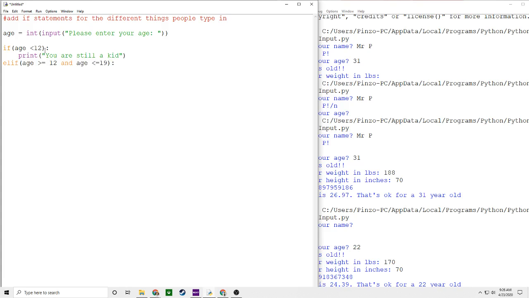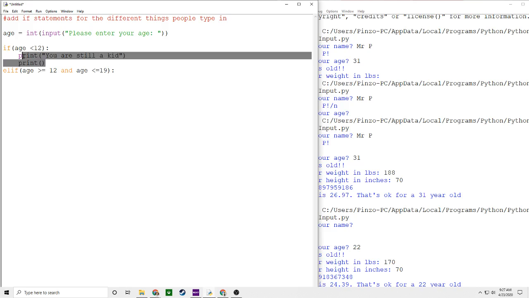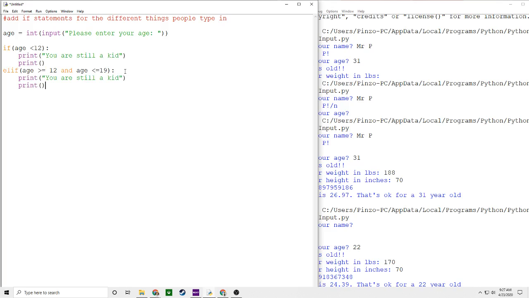And every time you do an if, to make it work, you have to have this colon to show here's the condition. When this is true, so when this is the case that you're less than 12, this is the code that's going to run. And you can type in multiple lines. It's not just one line and then done. And so I'm going to do this extra print so then it prints a new line. I'm going to copy, you are a teenager,